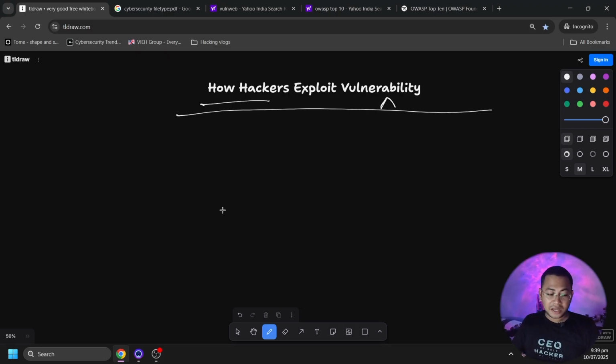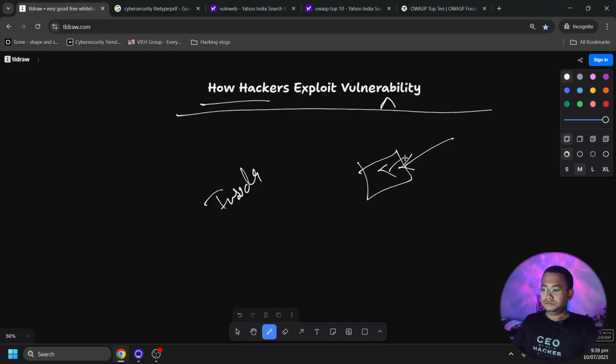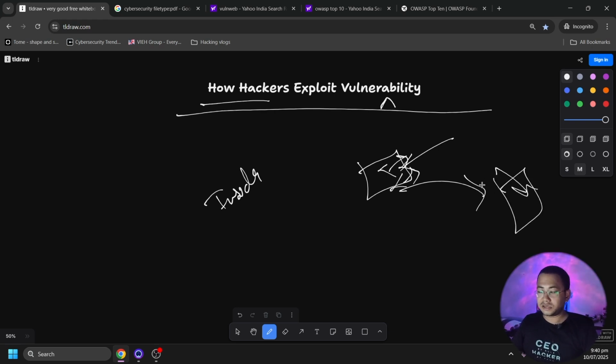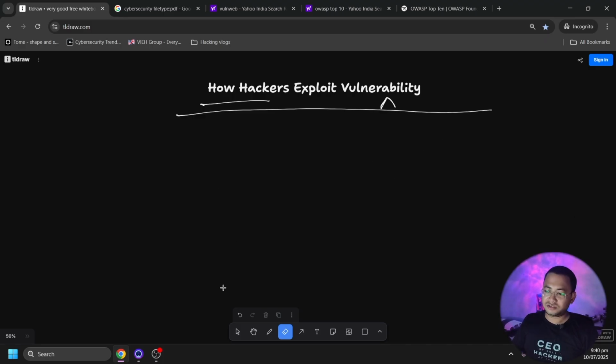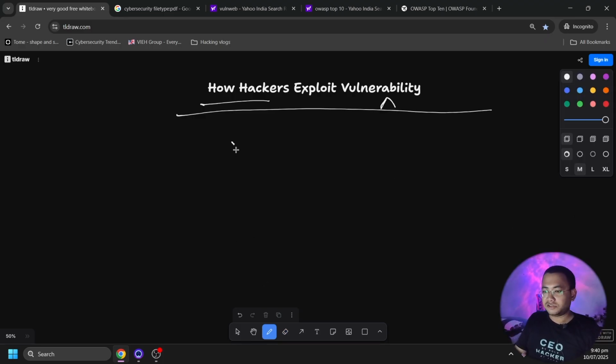Next, how can a hacker be hacked? There might be an insider threat in a company. Suppose you're working in a company, let's say Apple. If you're sitting in the server room, you'll probably have access to all the infrastructure, right? You can see usernames, you can see passwords. If you share all those things with external people, you might be an insider threat. So this is exactly what the environment is suffering from. The entire cybersecurity domain is suffering from this thing called insider threat. Now the next point is very interesting, which is how hackers find vulnerabilities.